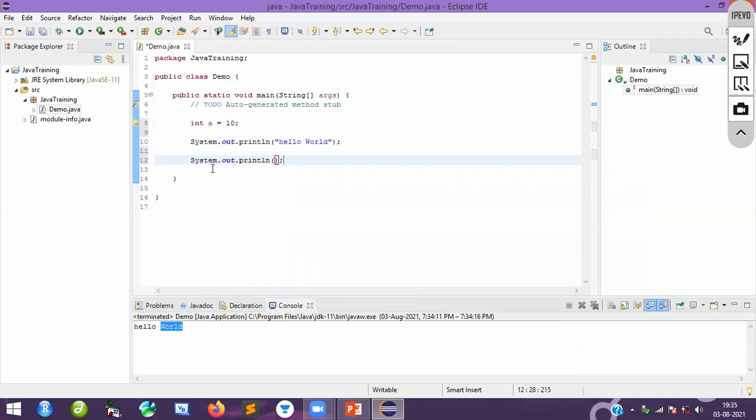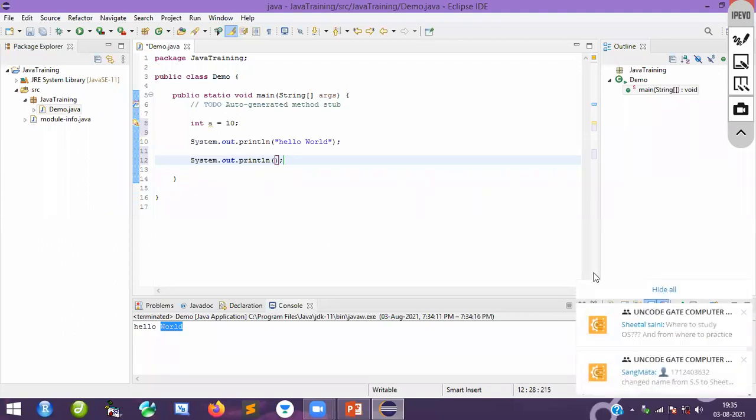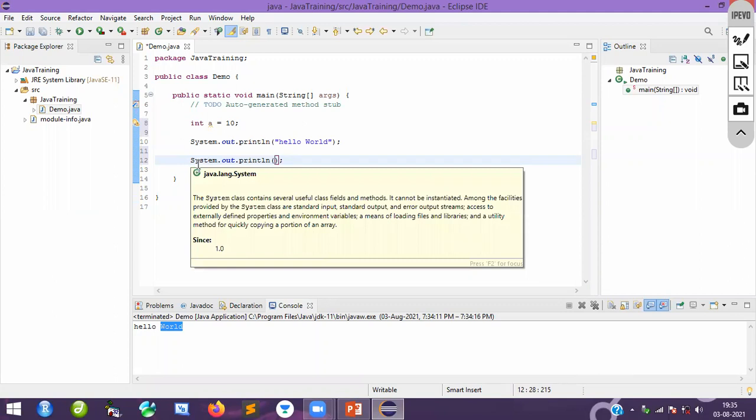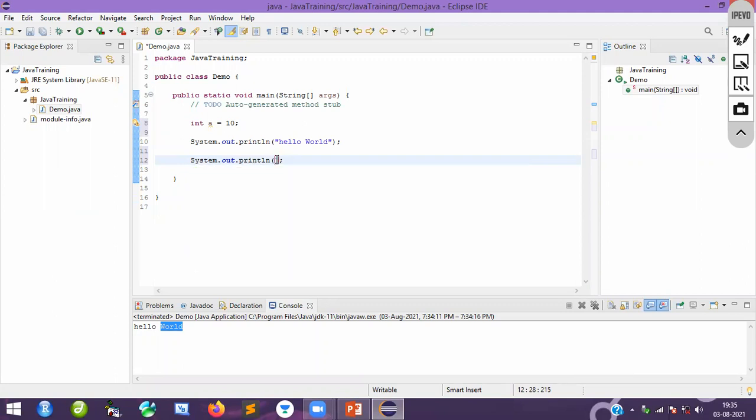So in JDK 11, if you are installing JDK 8, you can type sout, and that will expand to System.out.println. In JDK 11, they have changed. That is the reason why, every time in JDK 14, 15, 16, they are going to change some modifications. So here we have to write sysout. That is the reason why every time you need to get the update.